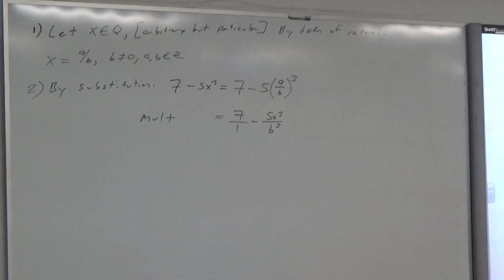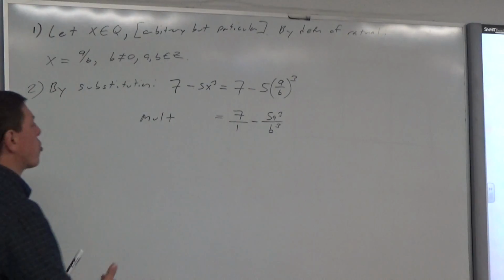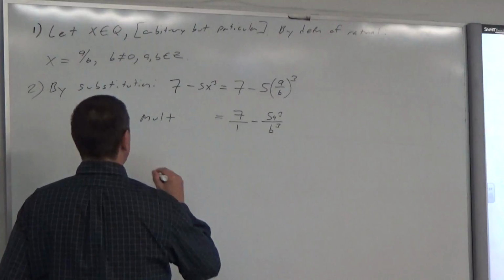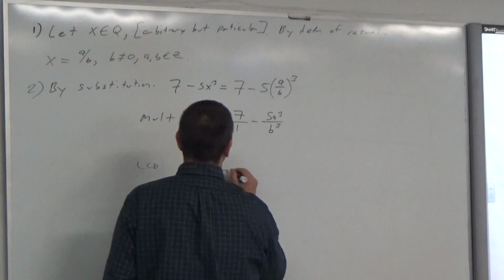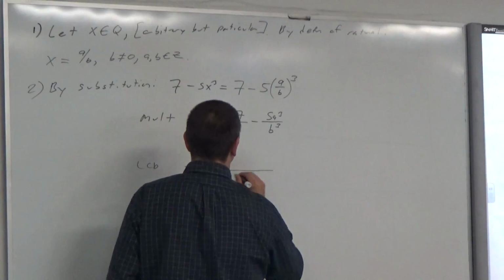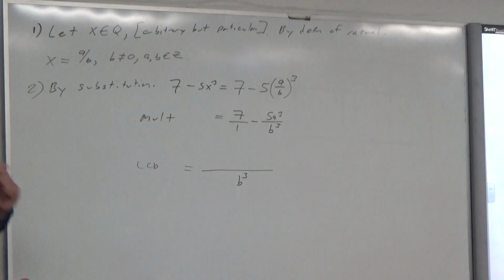Somebody tell me, guys, what is the least common denominator between those two fractions? B cubed. B cubed, right? Because it's the only denominator, right? That's easy, okay? So what we're going to do is we're going to rewrite both of those using the LCD, okay? And I'm just going to go ahead and write it as one big old fraction so we can skip that step, okay? Could somebody tell me what their numerator looked like when they combined it into one fraction